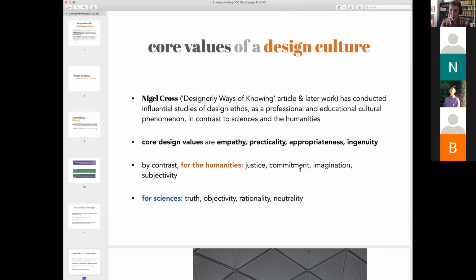So core design values: empathy, practicality, appropriateness, ingenuity. For the humanities, it's much more kind of justice, commitment, imagination, and a more recent word, subjectivity, how individuals experience the world. For the sciences: truth, objectivity, rationality, and neutrality. I'll say straight away that many of the most difficult problems in the world that have kind of defied resolution,